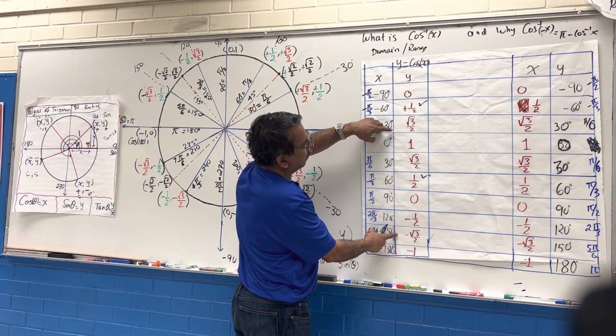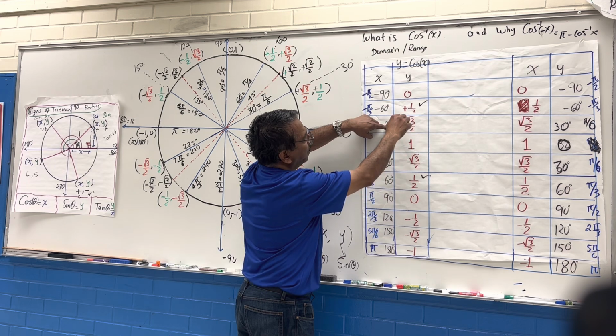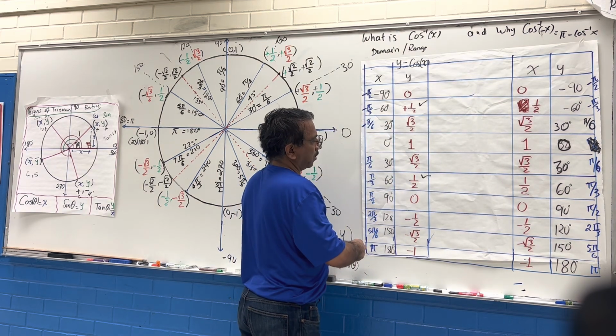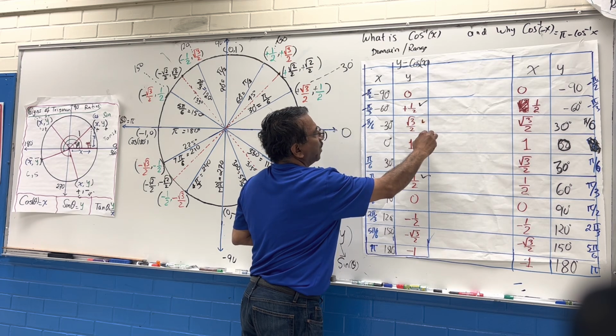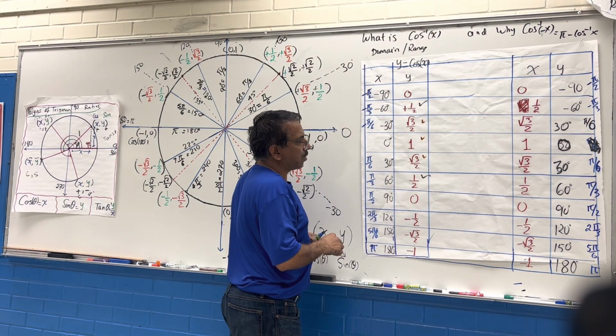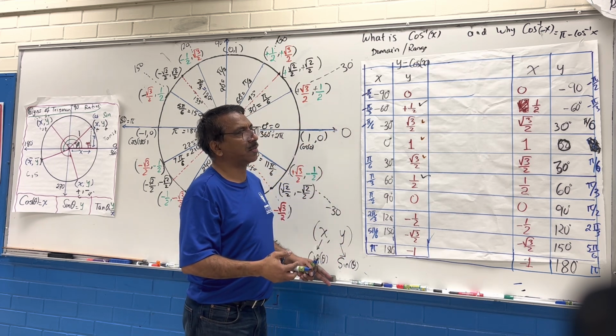Then again, you will see that these two values also, minus 30, these two values give the same answer. Sorry, not this one. So that means we need to somehow restrict the domain of the cosine function, because the cosine